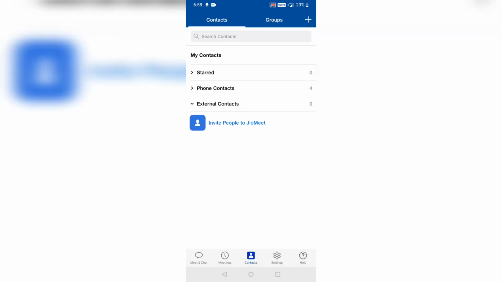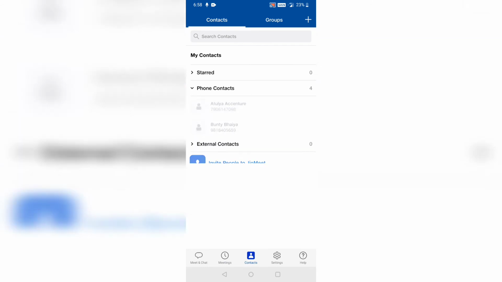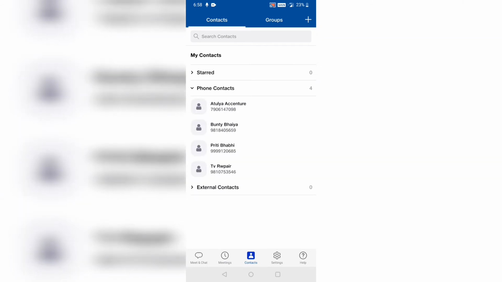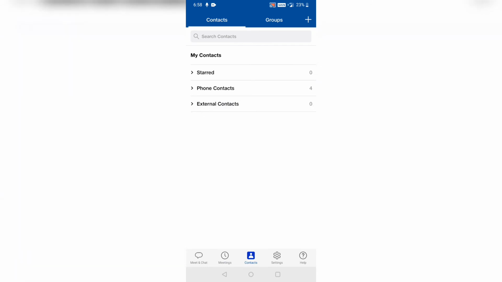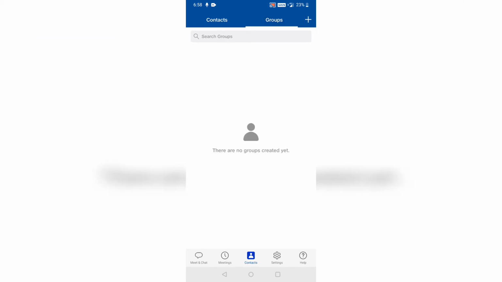There is a contacts tab as well, where all the contacts will show, like internal contacts or phone contacts. Like this phone contact joined the GeoMeet app, so it is showing here. I can create a group, like if I want to create a group of friends which I want to be in the meeting. And there is an office group as well. I can create the office group where I will send the meeting invite in one go. So this option will help very much.